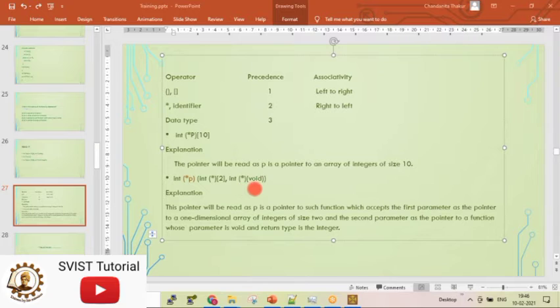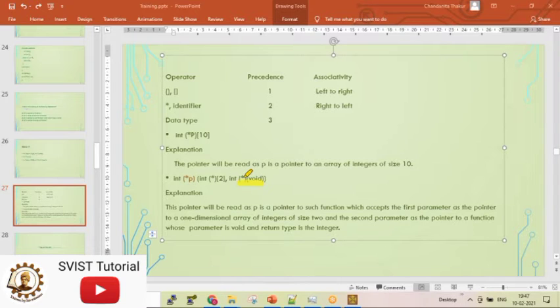The second one is where the confusion is. The second one is a pointer to what? A pointer to a function. Because you see here, if you just concentrate on only this part, let me take a highlighter, you can see two brackets. One bracket has a star inside it, and in this other bracket you have void.